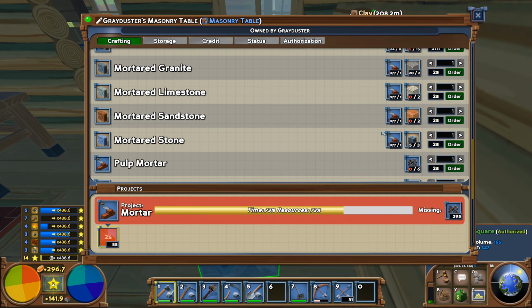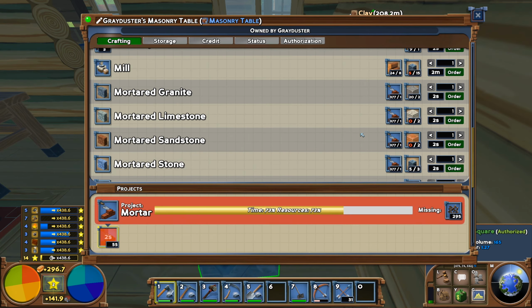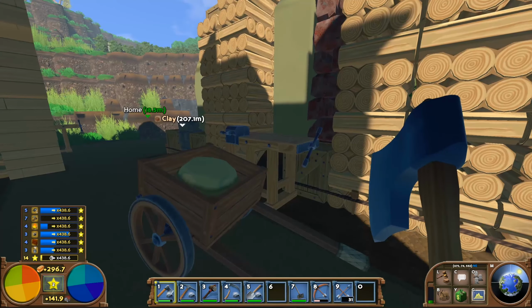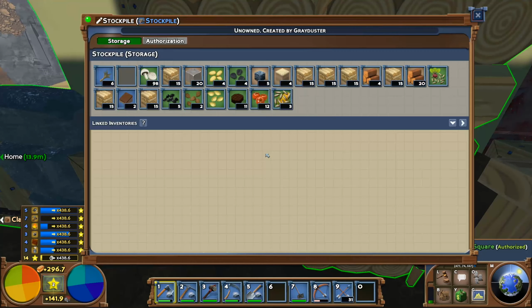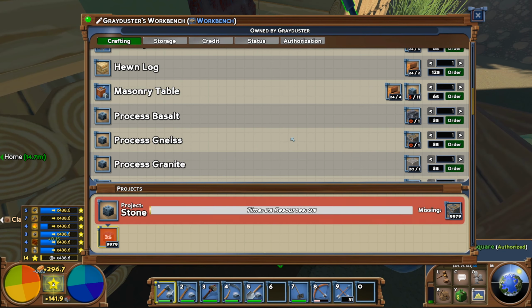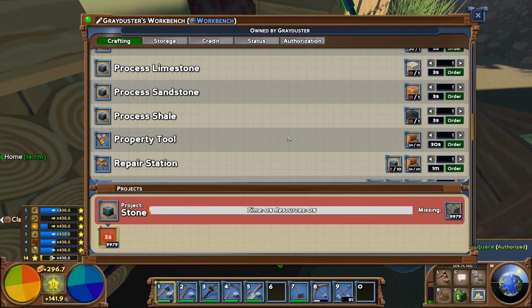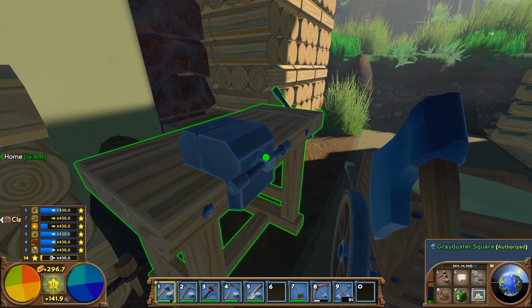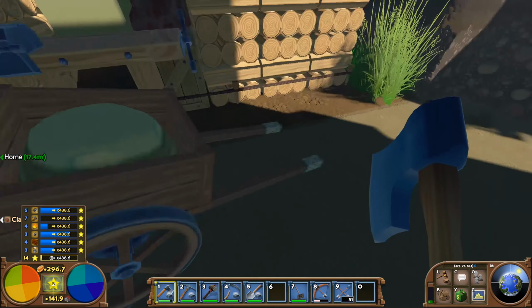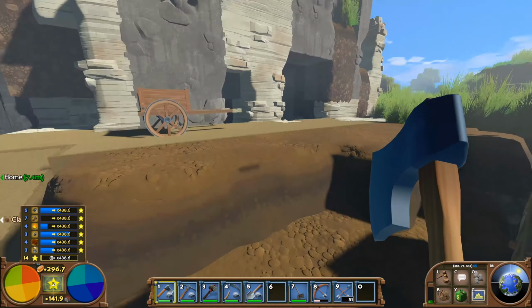Mortared stone is just regular stone, so I need to just process a bunch of it, and otherwise that's fine. Do I not have a huge amount? No, I don't. Looks like, do I have an amount I can process? Granite, I would mainly want to reserve for sand more than anything else. So what I'm going to just do then is use my usual stone project down